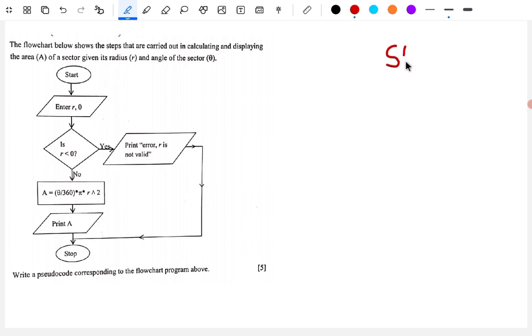So the first one is start, and this one is very easy compared to what we have been doing. Enter. Okay, you're just going to write them as they are. Enter R and the theta. That's the theta here. Then here now you have a decision, so when it's inside it's "is",